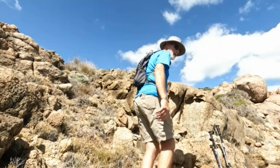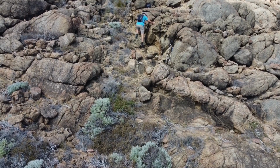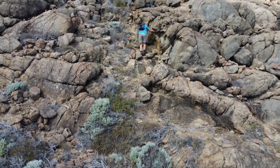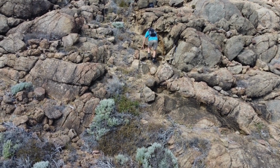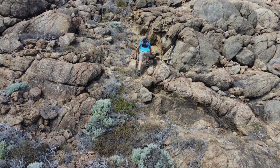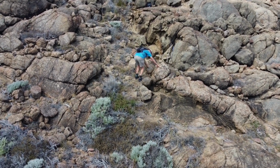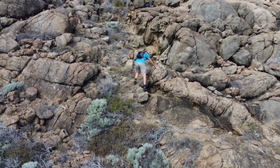Putting those hiking poles aside, as a last resort you can come down backwards like that. The lighter the gear you have on, the less impact it will be with every step you take